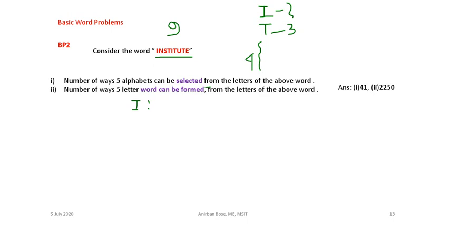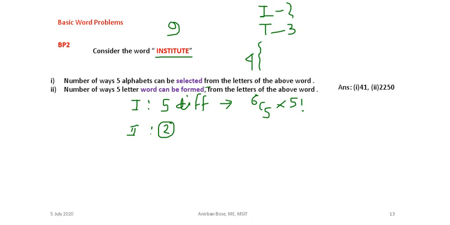So what we can, first case we can consider all 5 are different, and for that we can select first in how many ways? We can select first in 6C5, and those 5 can be arranged among themselves in 5 factorial ways because all of them are different. In the second case we have considered what?